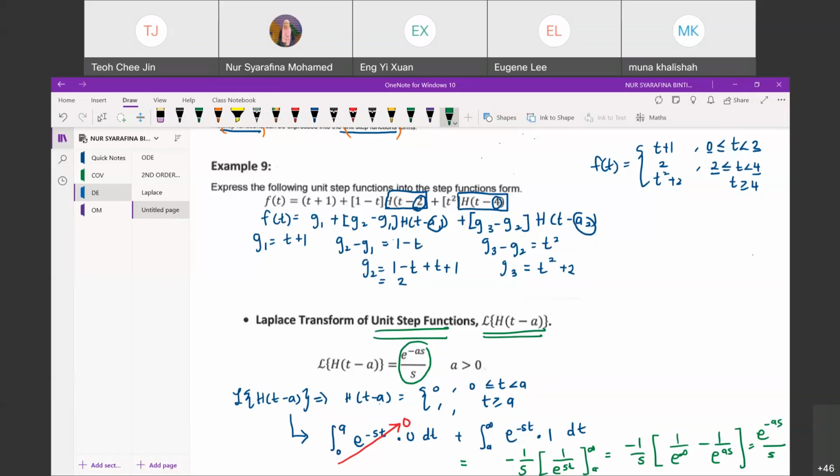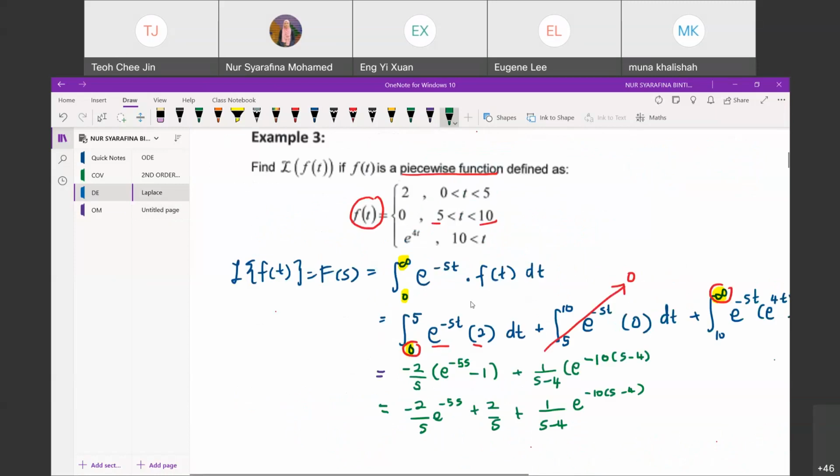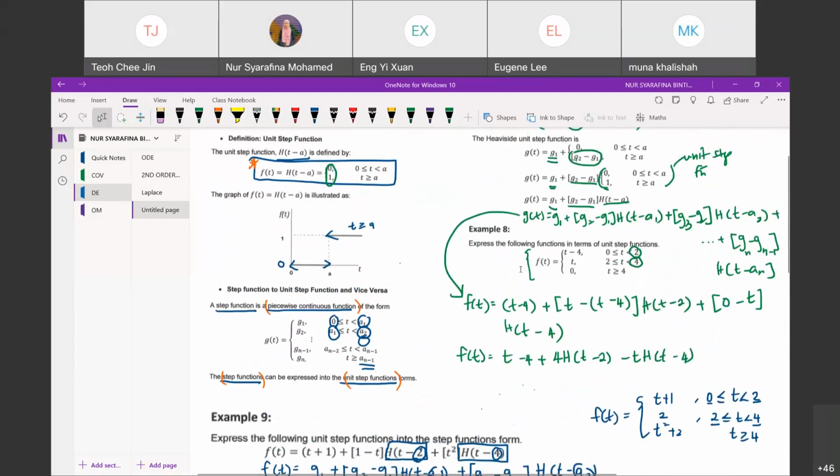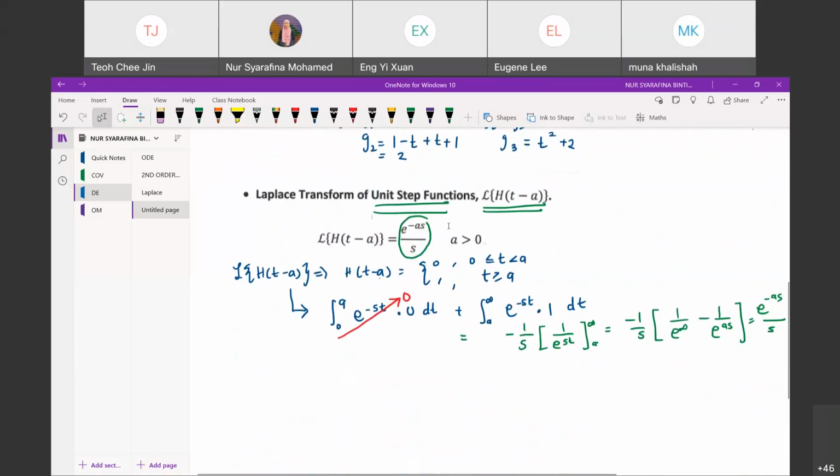For a piecewise function, remember we have transformed this piecewise function previously, right? One by one, you integrate according to the limit. But now you have learned the unit step function. So what you can do is convert this piecewise function to a unit step function. Remember how to convert a piecewise function to a unit step function, like in example 8. And once it is in terms of the unit step function, then you can use this property